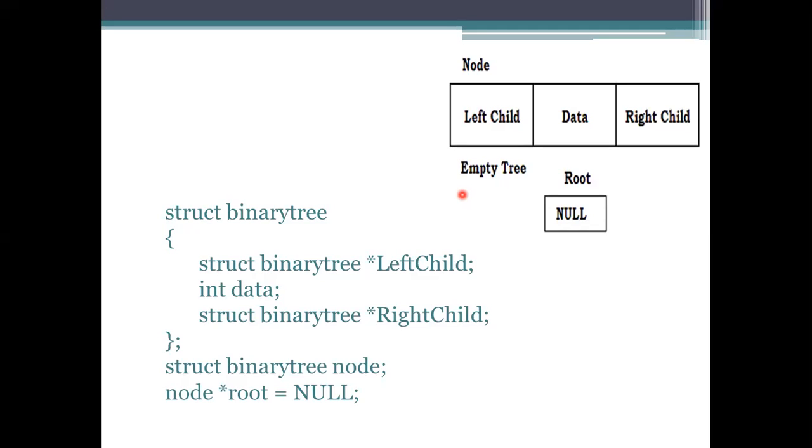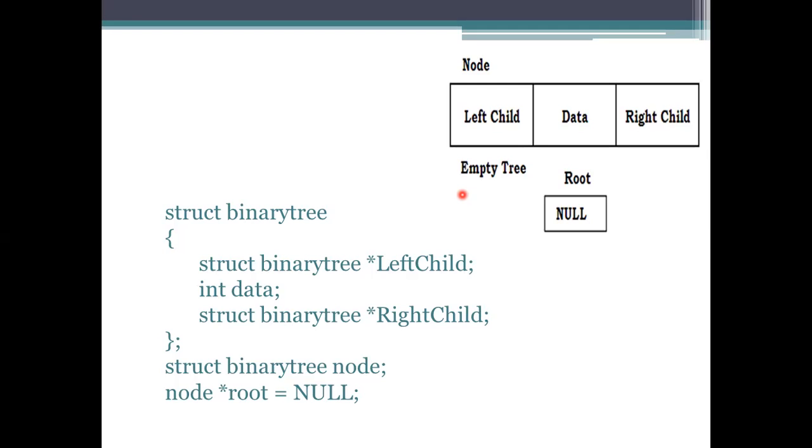Initially, we need to create a root node, which is specified as null here. Root node consists of only null, meaning once a value is added to the tree, that will become the root node, so the null will be replaced. Coming to the node, the structure of the binary tree consists of a node with 2 pointers, the left child and the right child. In between them, we give the data.